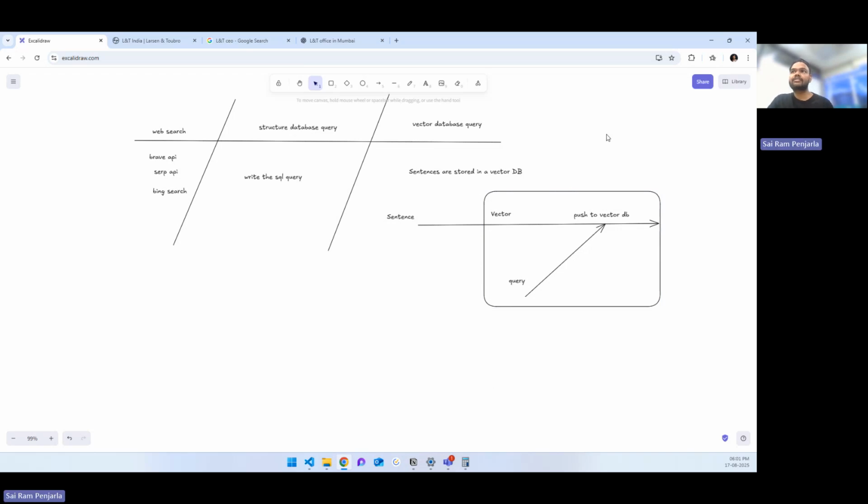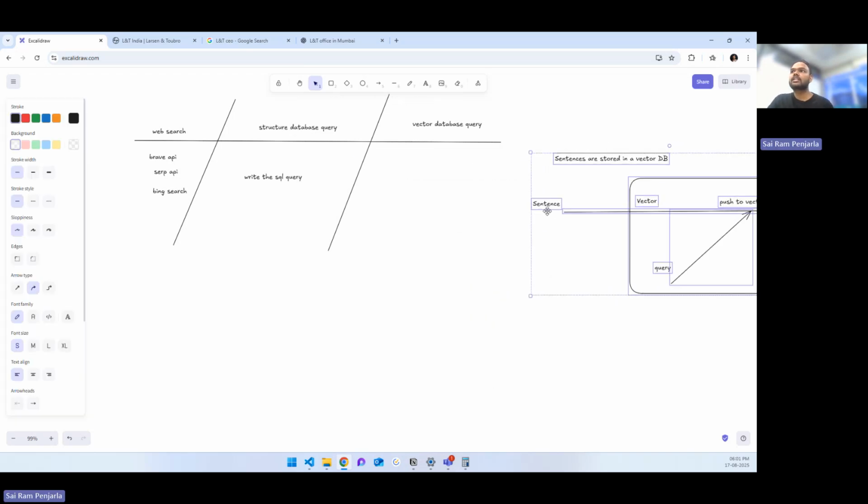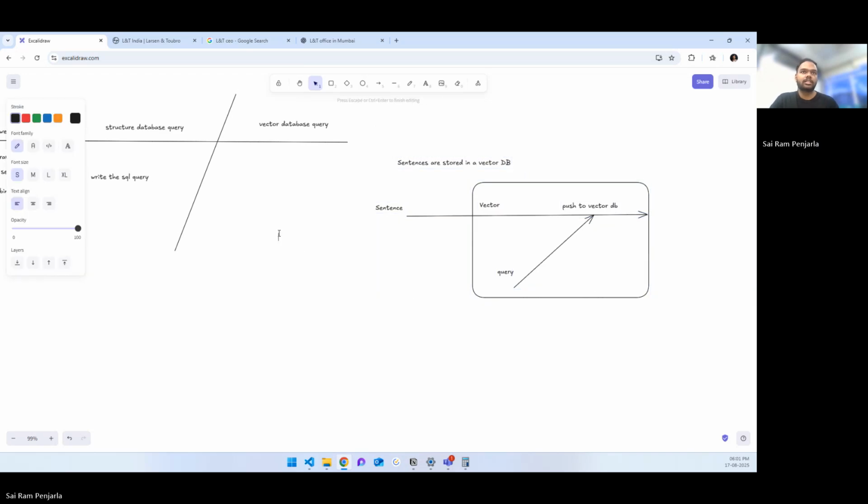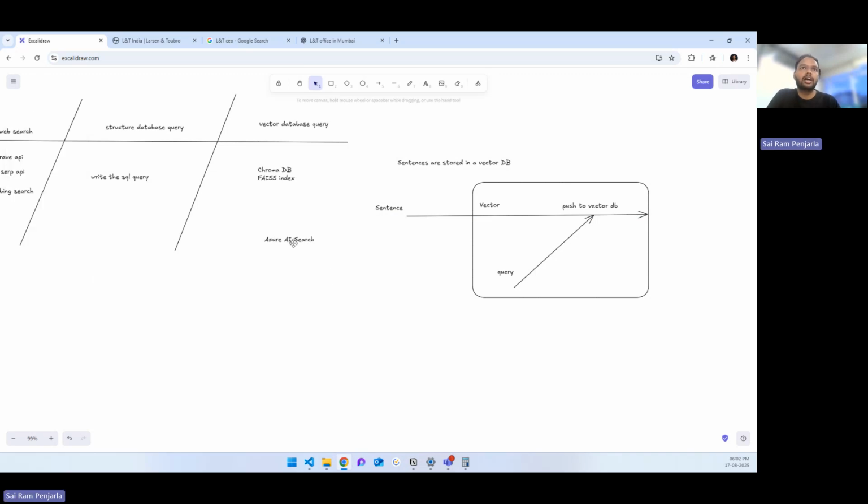To do this, there are many different tools actually. Two of the most popular ones are Chroma DB and Index. These are two of the most popular ones. We also have Azure AI Search, which I love to use. And there are many others also. We also have Vector Store